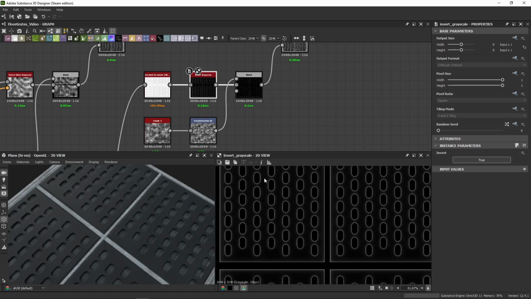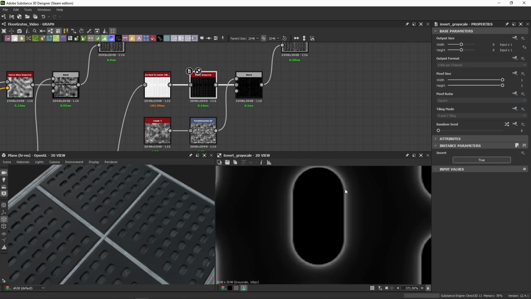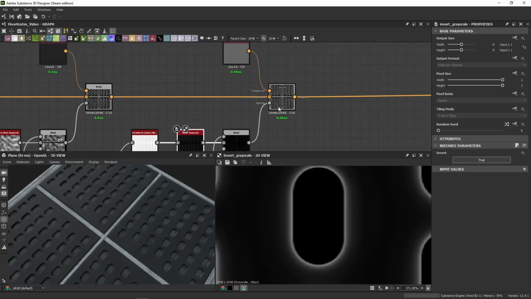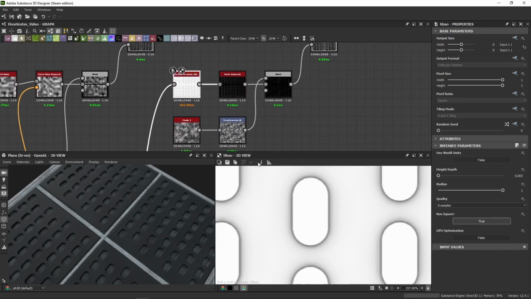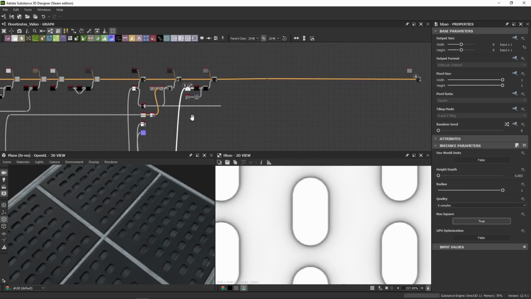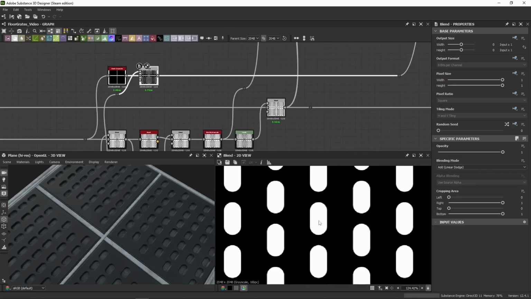So what I wanted to do here is have a difference in coloring on the edges of the grate holes, because that's where I'm assuming there's contact between, you know, people walking over it, and they're going to be wearing down the color around the grate holes. So I had to kind of fake the ambient occlusion by using this guy here,